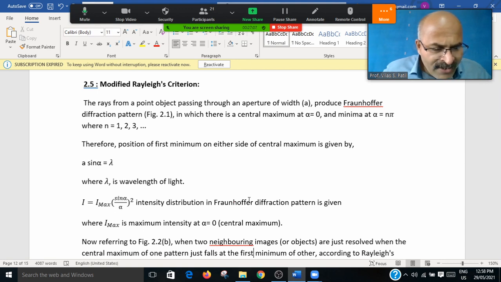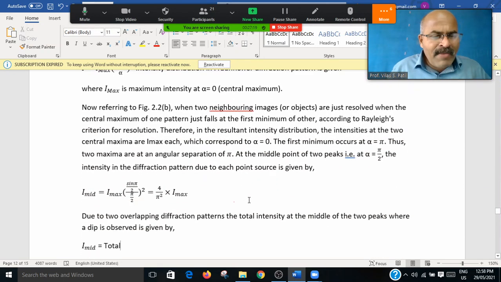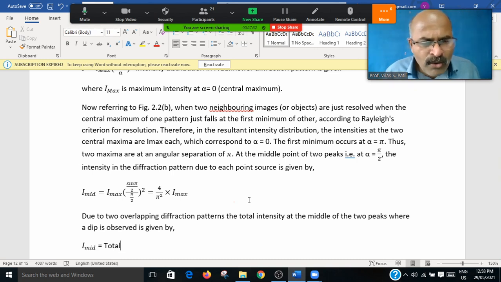I is equal to I max of sin alpha divided by alpha, square. I max is equal to sin of alpha divided by alpha. That is the intensity distribution in the Fraunhofer diffraction pattern, where I max is the maximum intensity at the central maximum. Now referring to figure 2.2b, when the two images